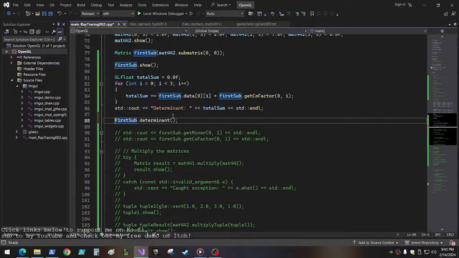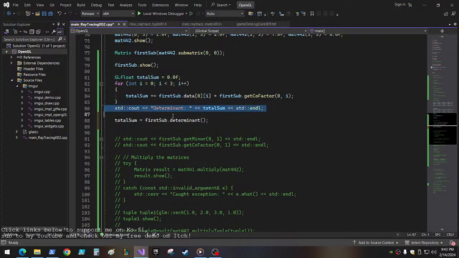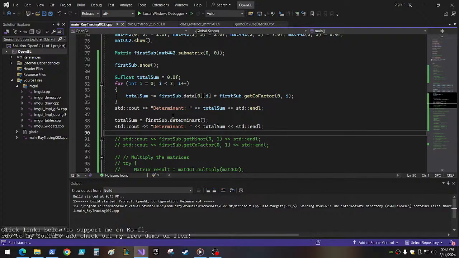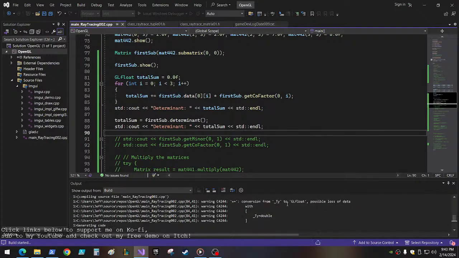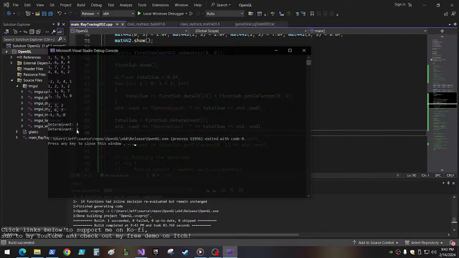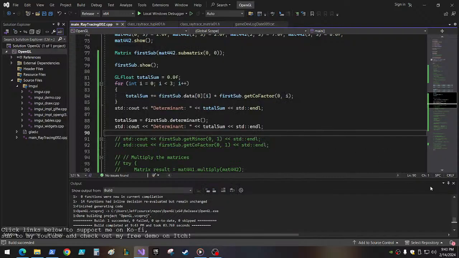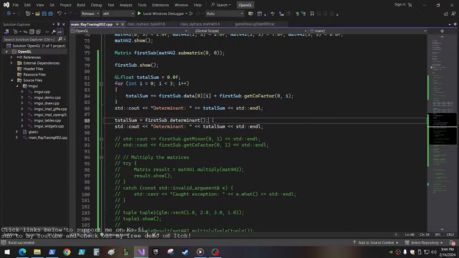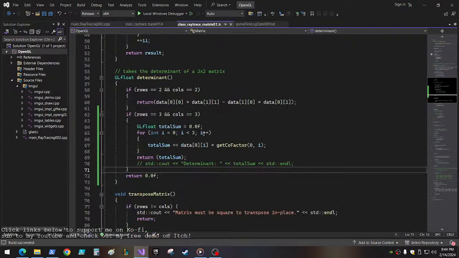Or let's just put it in a total sum. There. So let's make sure that works too. Determinant 3 and okay, so that does work for a 3x3, because I told it to do the 3 of them. So when we do a 4x4 now,